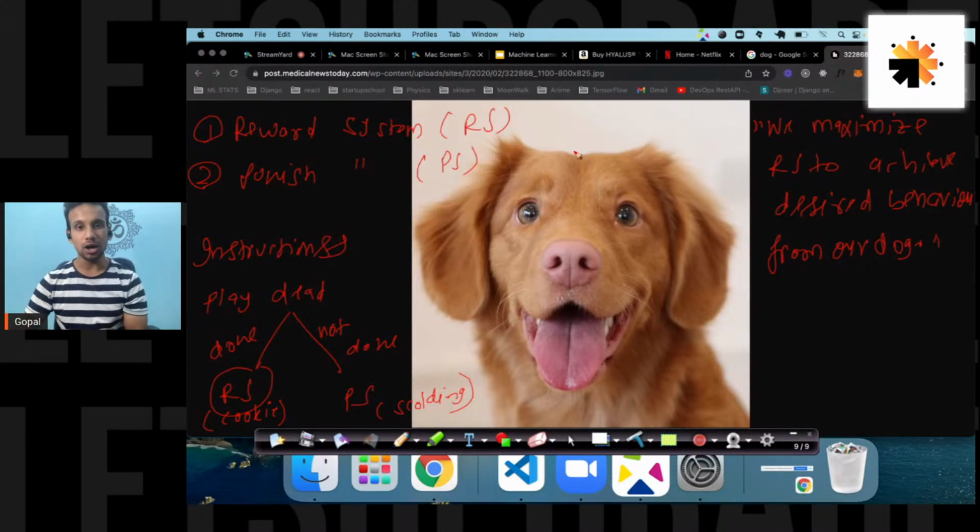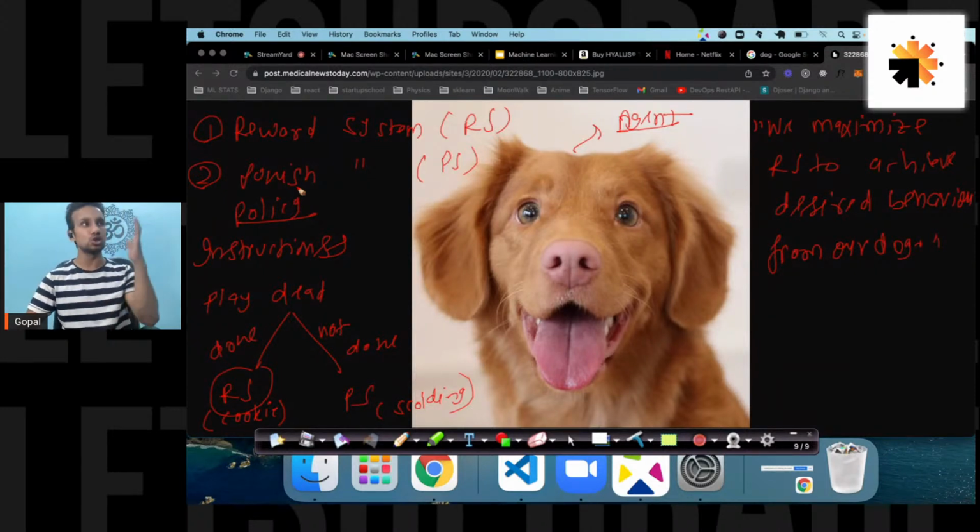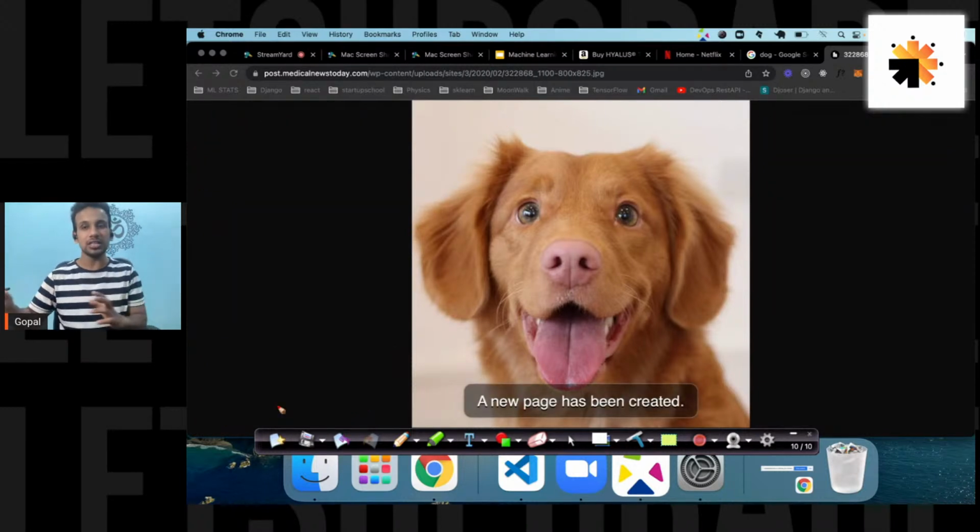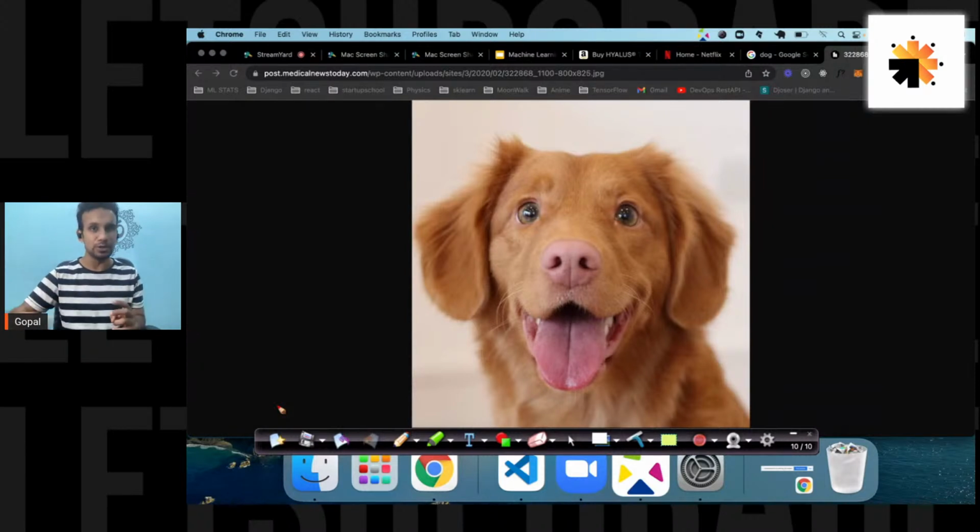So in this case, this dog is nothing but your agent. Okay, and your reward system and punish system is nothing but your policy. Based on what policy you are going to reward your dog or not. So that is your reinforcement system, and your reinforcement learning can occur with supervised and unsupervised both. Okay, just letting you know. All right, so these are your broader terms for each system. We can go with semi supervised as well, like when we have little data or little label. Okay, I am not going to get into it just yet.